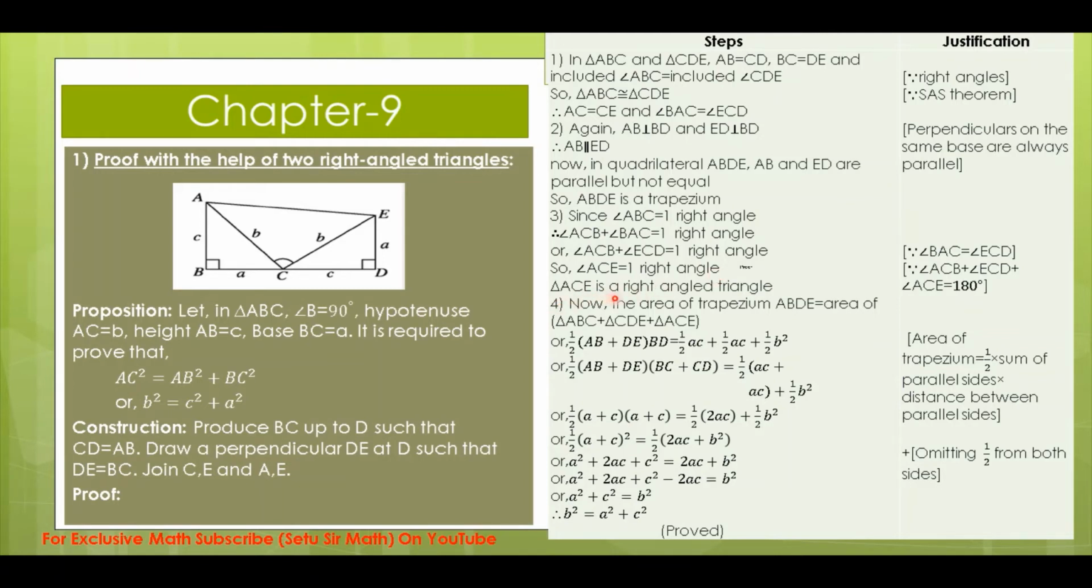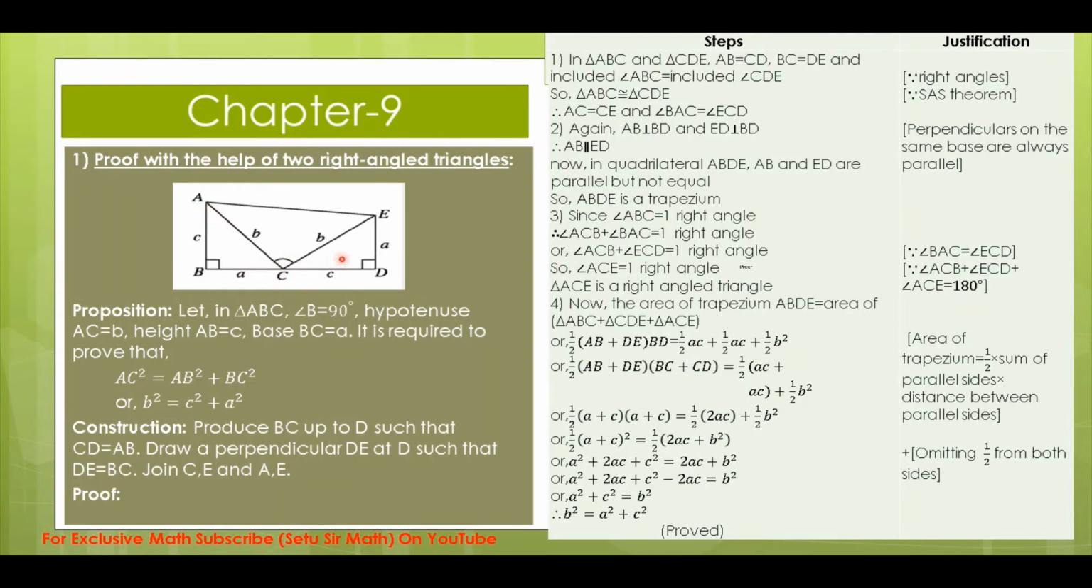Triangle ACE is a right angled triangle. Number 4. How? Because, since you can see angle ACB plus angle ECD equals one right angle, so the other angle you can see, ACB and ECD,